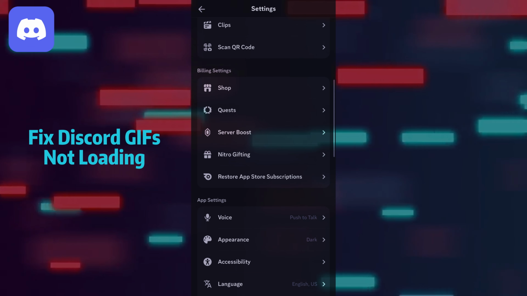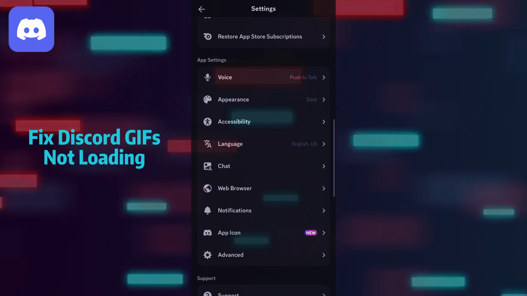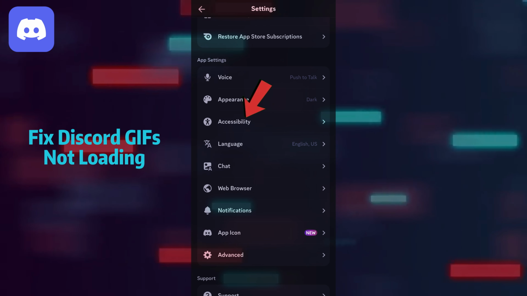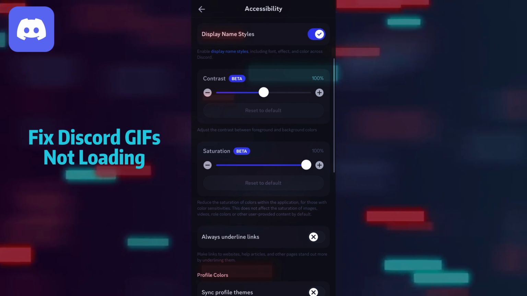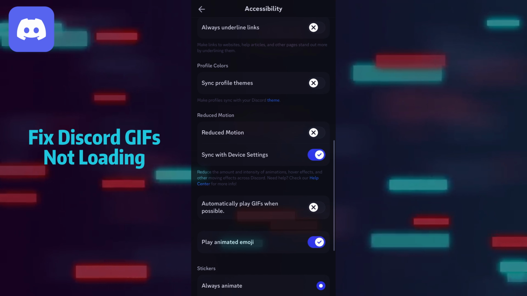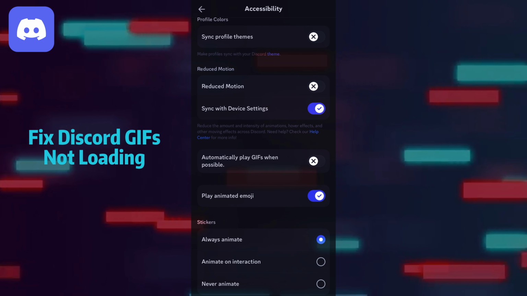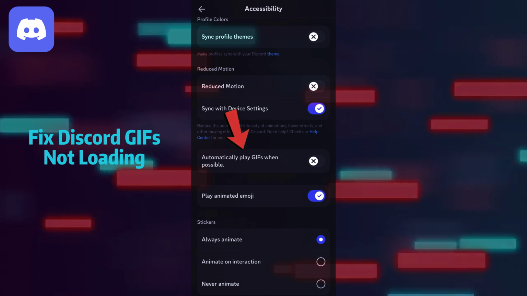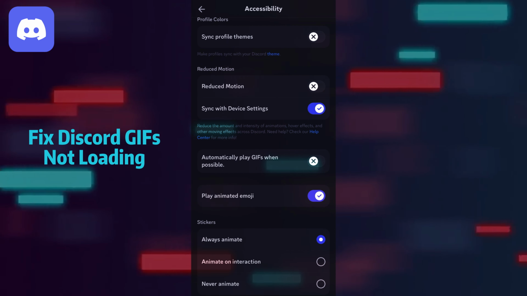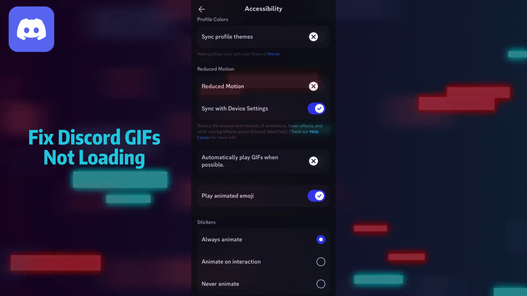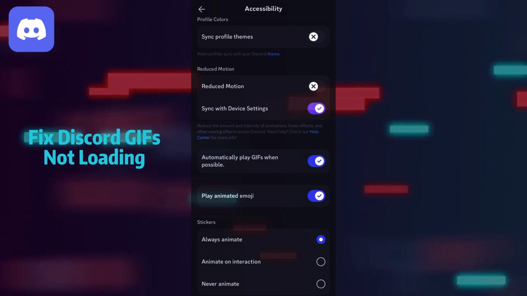Now scroll down slowly in settings until you find accessibility under app settings. Tap on it. This section controls media behavior like images, videos, and GIF playback inside Discord. Here you will see an option called Automatically Play GIFs when possible. Turn this option on. If it is off, GIFs will not load or play properly, so enabling it usually fixes